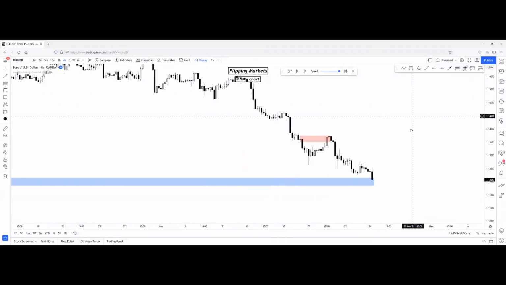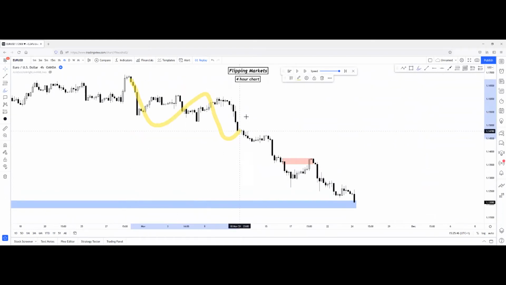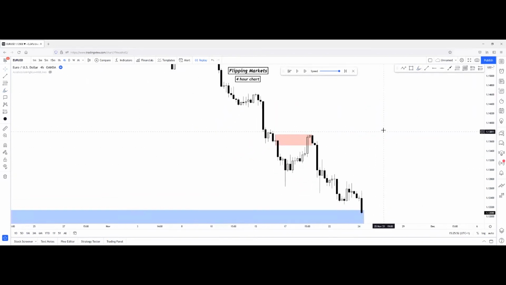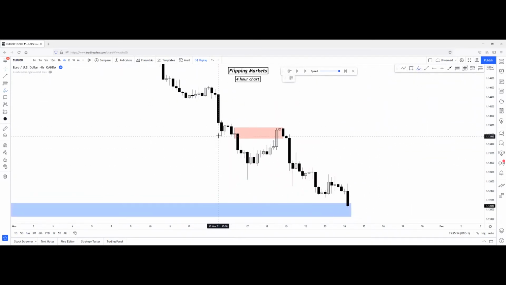So let's see the live example. As you can see, price is currently moving in a downtrend, creating a series of lower lows and lower highs. Let's focus on this region. As you can see, price created a break of structure to the downside with this candle. After that, it created inefficiency, so there's a gap between the wicks. This area needs to be filled. Price has a great chance to go back up to this supply zone, react on this supply zone, and continue the bearish trend. This is exactly what happened because price reacted on this supply zone,